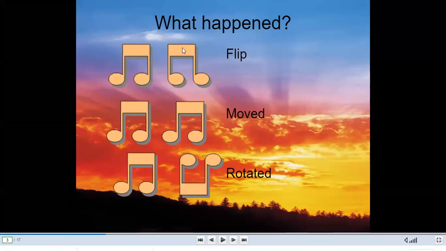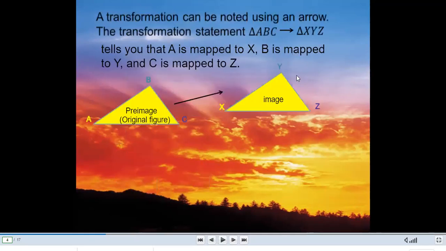The first figure, what happened to the figure? The figure is reflection. Very good. The second figure is moved, which means it's a translation. What happened to the third one? Rotation. Very good. So a transformation can be noted using an arrow, the transformation statement for the triangle ABC